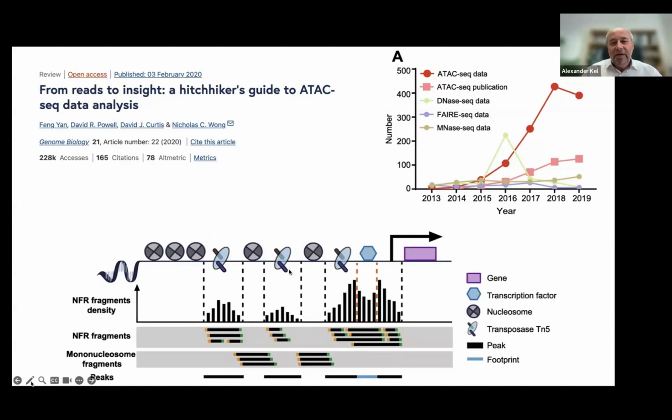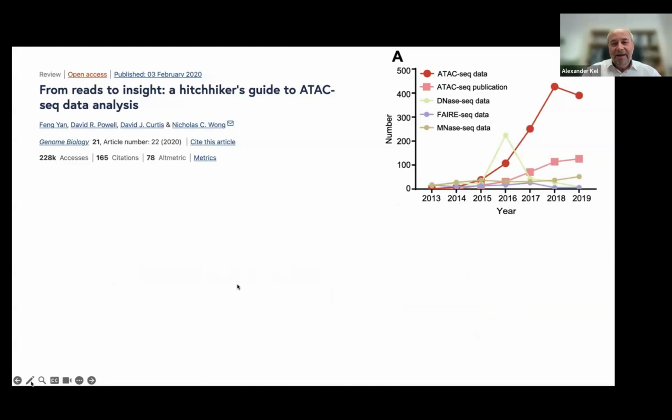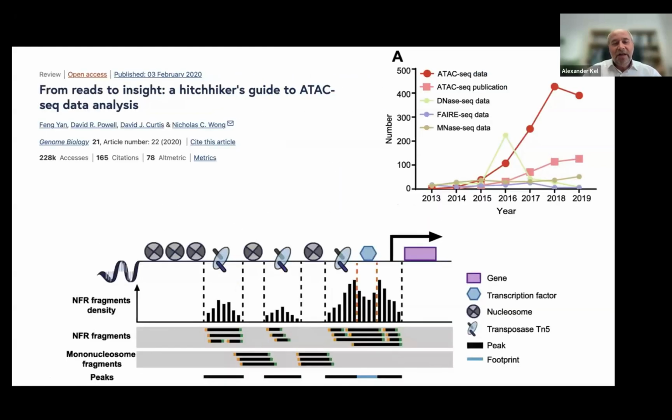Then they put in the transposase Tn5, which cuts the region of open chromatin into fragments. And basically, when the region is not closed, then those